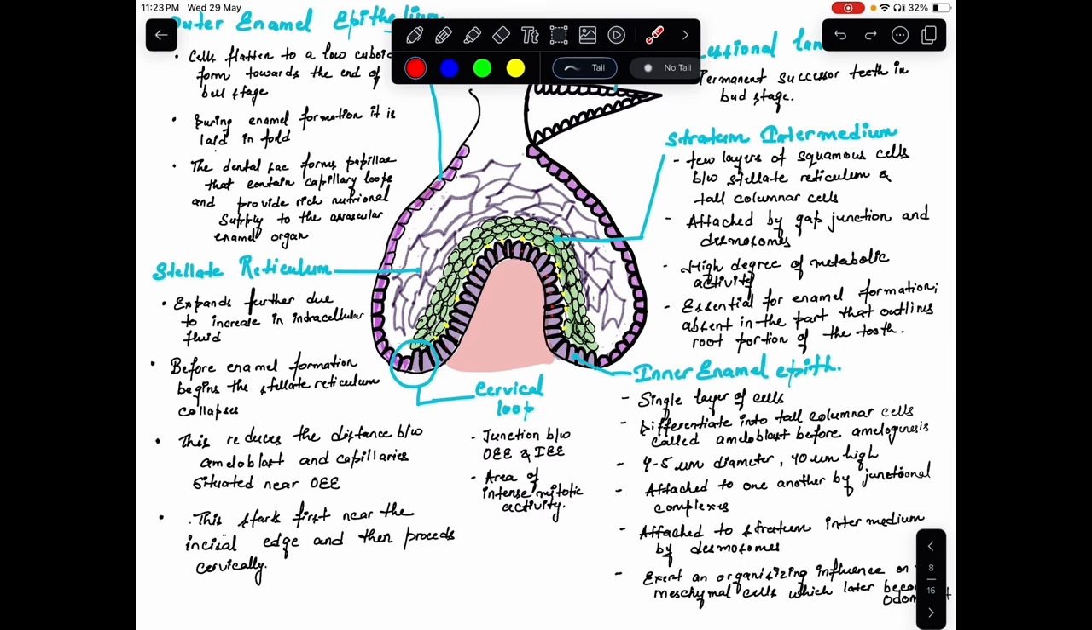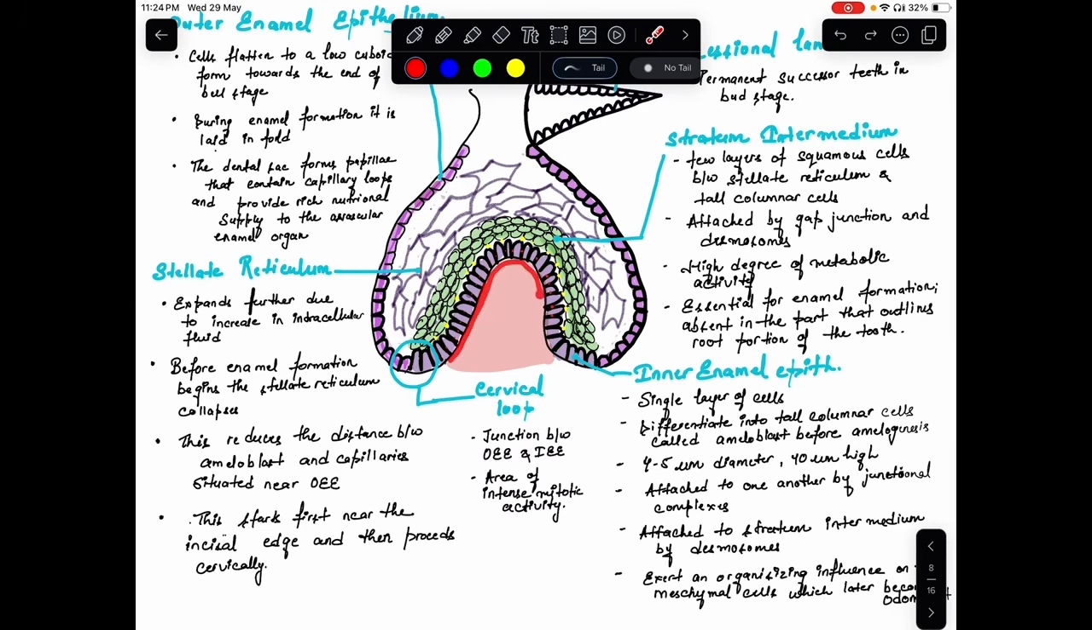What happens is that it expands further, due to more water entering the stellate reticulum. But then it collapses as well. Upon it collapsing, the distance between the outer enamel epithelium and the inner enamel epithelium decreases, and it has to decrease because, as I explained to you, dentine will be